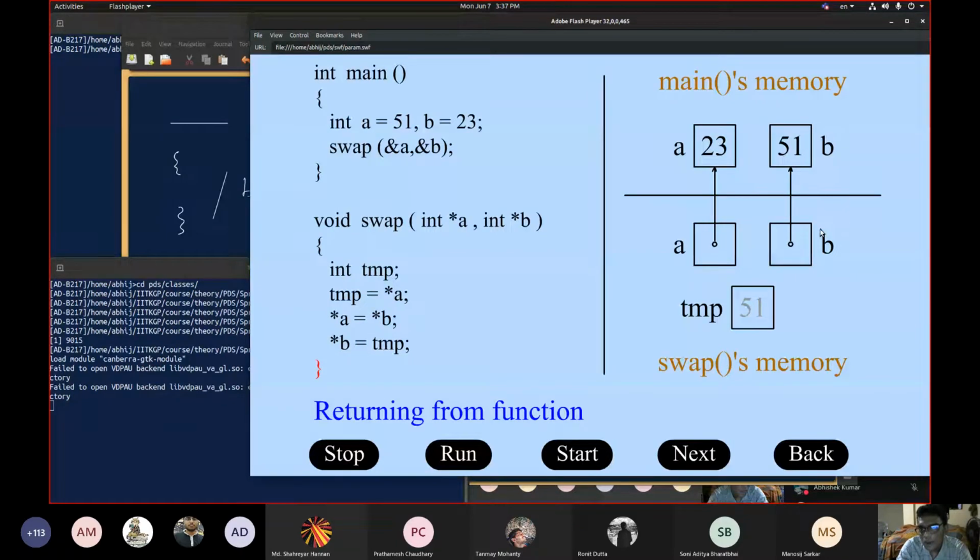The address of this is copied here. The address of this is copied here. But since these are addresses, how many copies of this address I make doesn't matter. They always point to the same thing. If I make another copy of B, like say P equal to B, and then star P and star B, I am asking,